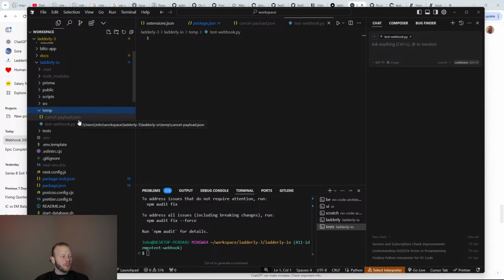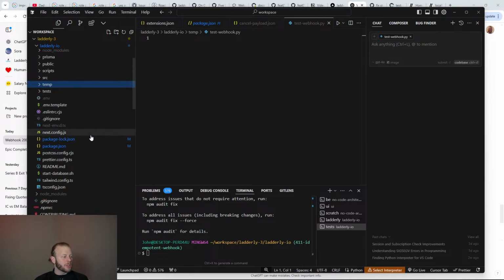I may have already mentioned it, but I included a payload literal from Stripe, which will help me create the shape of my test data. And I can also use the Python script if I want to run pseudo integration tests without needing to set up the whole integration test infrastructure, which can become tedious.